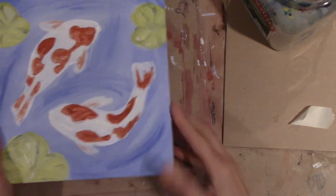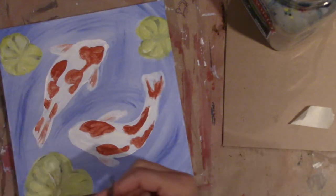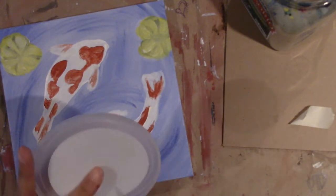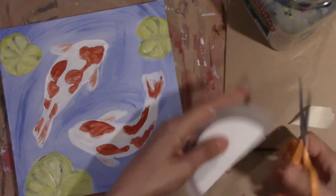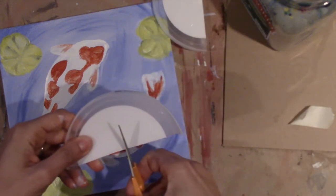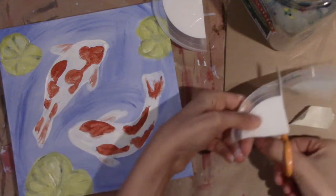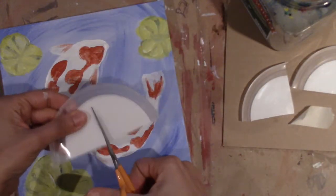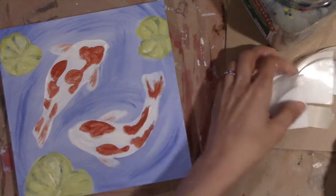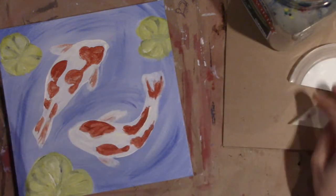So as I'm getting ready to apply my pouring medium, I just want to mention that this step is completely optional. You don't need to do this. You could just hang this piece on the wall and be good to go. This is the first time I'm actually using pouring medium, and I just really thought it lent itself to the subject of the painting. I wanted to get this glass-like, water-like, shiny effect, and that seemed to be the best